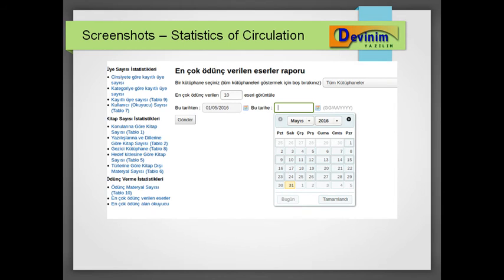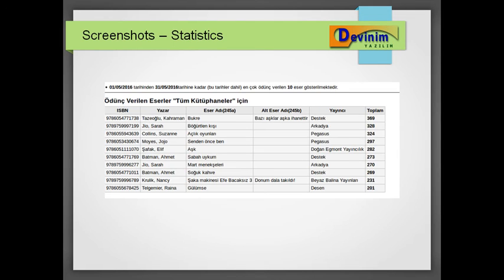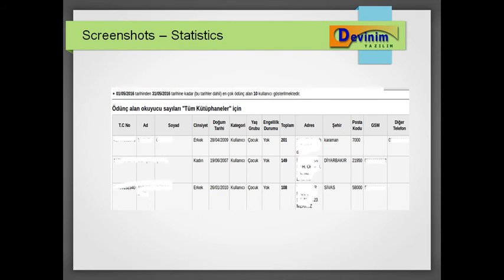This is the statistics of circulation. Since we have more than 1,000 libraries, there are some special statistics they needed, so we created some special statistics for them. Those are the books that were circulated in a period, in one month. Since you have a centralized system,